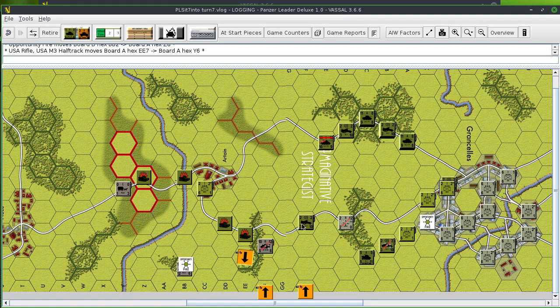Unload. He's going to go do the same thing in this hex right here. Oh no, they can't unload. That's out of range. So, oh, that's a bummer. I'm just going to go over here and unload, because the problem is, if I can't unload, they're going to be